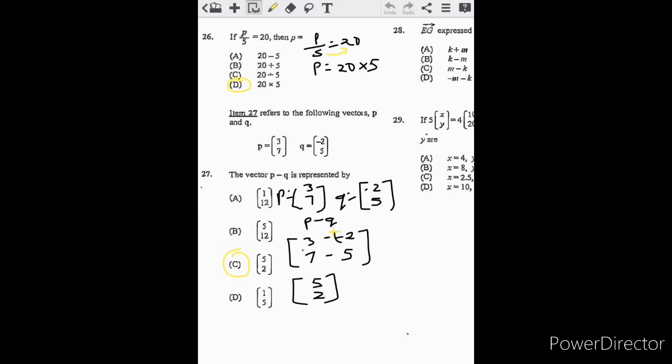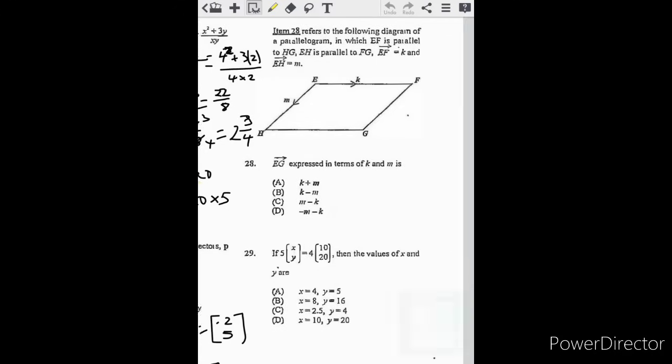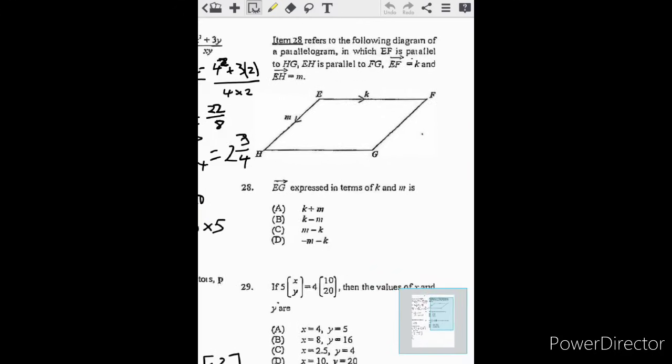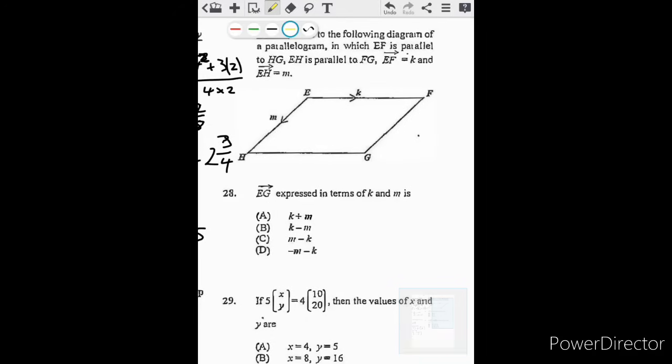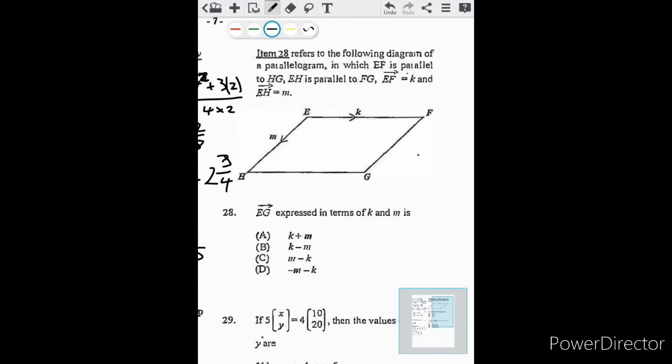Moving on to the next question, 28. Item 28 refers to the following diagram of a parallelogram in which EF is parallel to HG, EH is parallel to FG, EF is equal to K, and vector EH is equal to M. Question 28 is asking us EG expressed in terms of K and M is